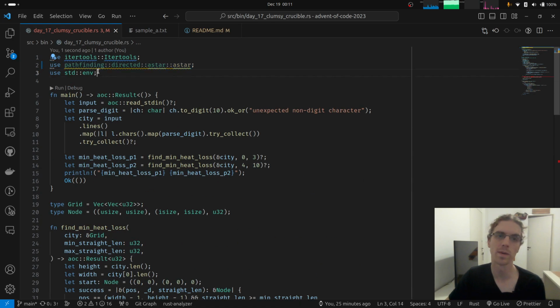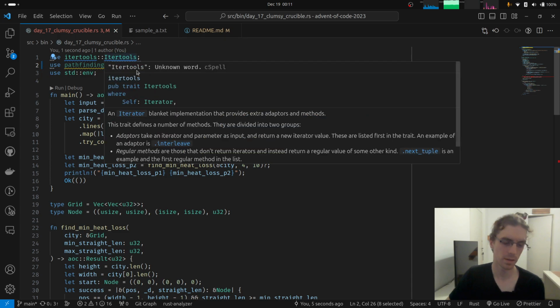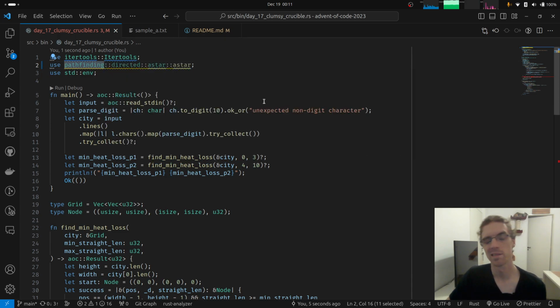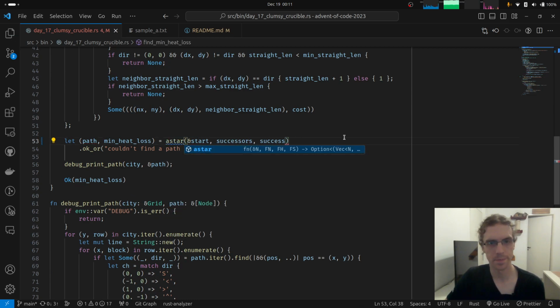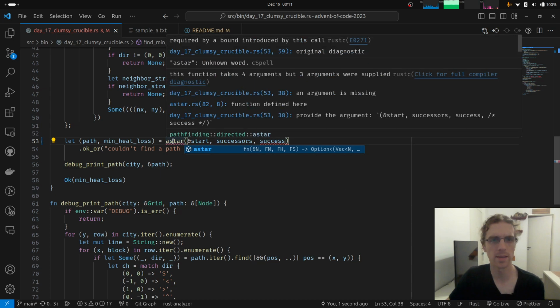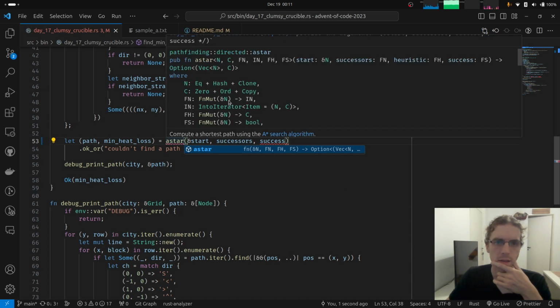Pathfinding, directed, A star: this is the module where the A star function lives, and this is a directed pathfinding algorithm. Sure, but it's a bit too much. But what does A star take?